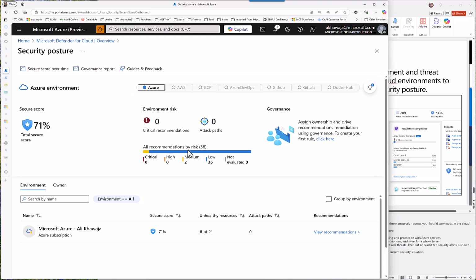So it gives management a very nice way to see what is happening in the environment and how secure it is, how much of the environment is properly secured. Now, as you have critical and high risks identified, the score will drop drastically, right? So that's the security posture, how the security looks, and all those things. Okay. Any questions? Anything?